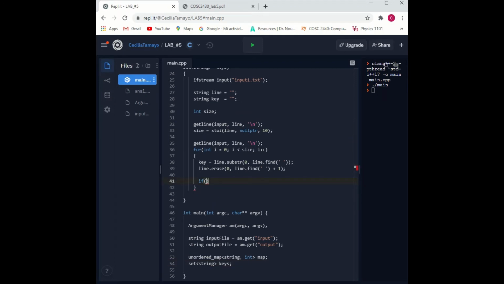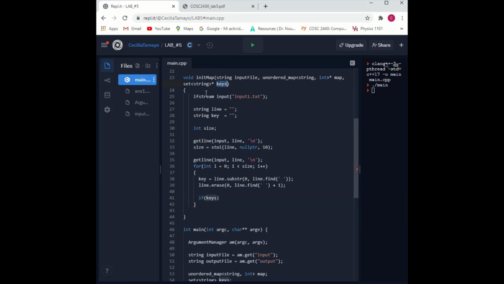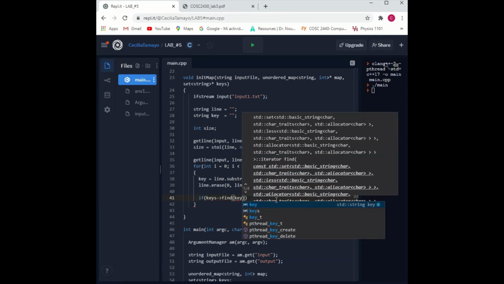So let's see. We have the second, the substrings, we have deleted, so we're already storing the key. Great, and we're already in the loop. So let's do if the case, yes, the case we're gonna be passing, if the case, you can find key,